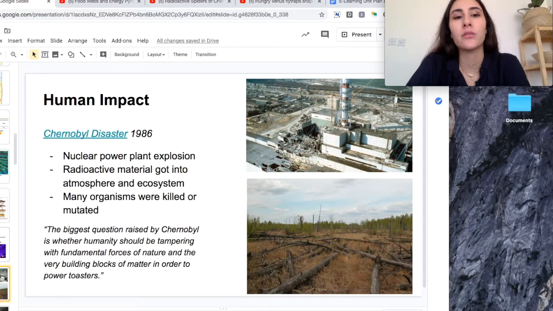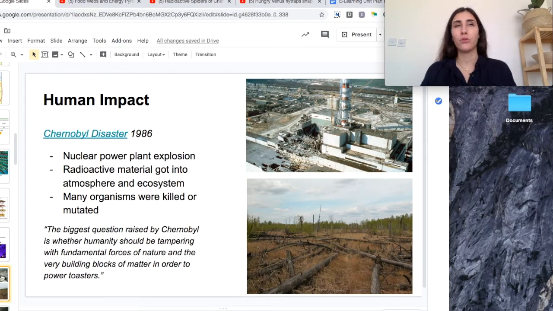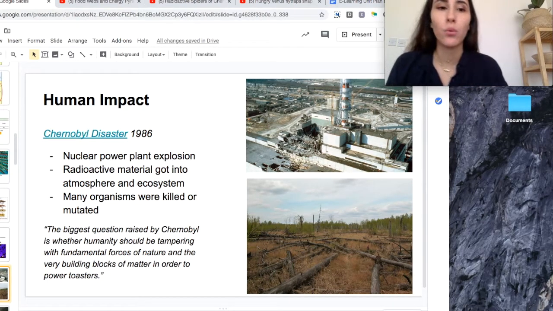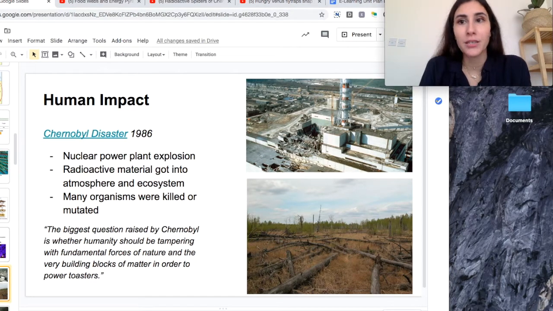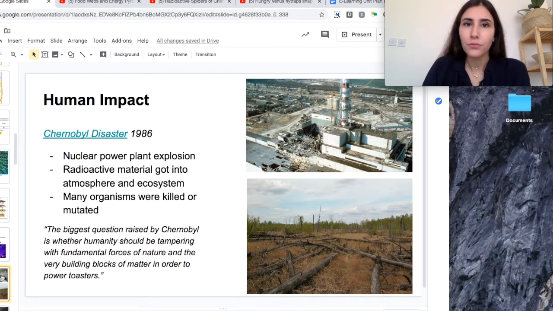Countless organisms were killed. Those who survived were mutated, and many were killed. One of the groups of organisms that were killed by this explosion were decomposers. So I want you to look at this picture down here, okay? What do we see? We basically see